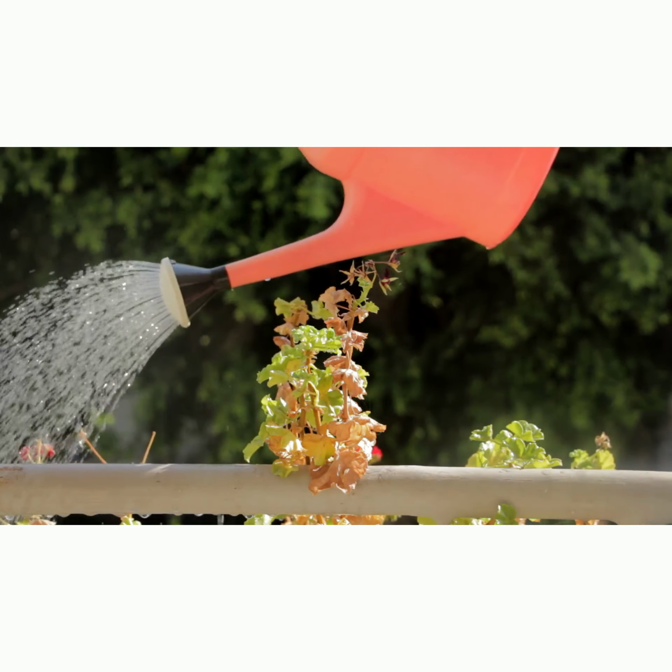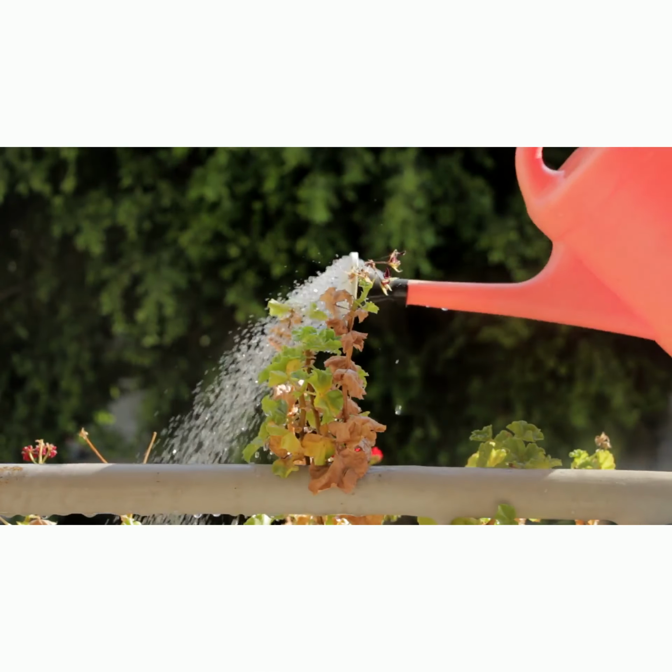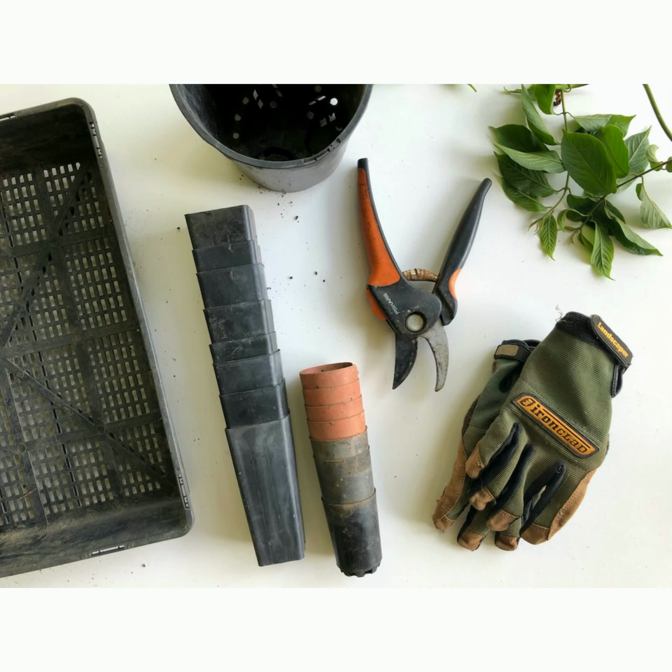I want to start this year off with words of encouragement, letting you know that it's possible that 2023 could be your best gardening year yet. Some of you may be thinking, I just don't have a green thumb. I've never had a lot of success growing a garden. I killed every plant that I've ever owned. Well, I'm here to inform and encourage you that with the right tools and the right information, you too can